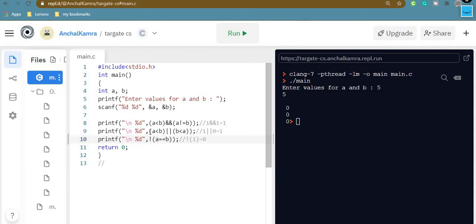And if we talk about this expression, now neither 5 is less than 5 nor 5 is less than 5. So 0 or 0 will result in 0. And then if we talk about this expression of the logical AND operator, the first expression will result in obviously 0 because 5 is not less than 5.